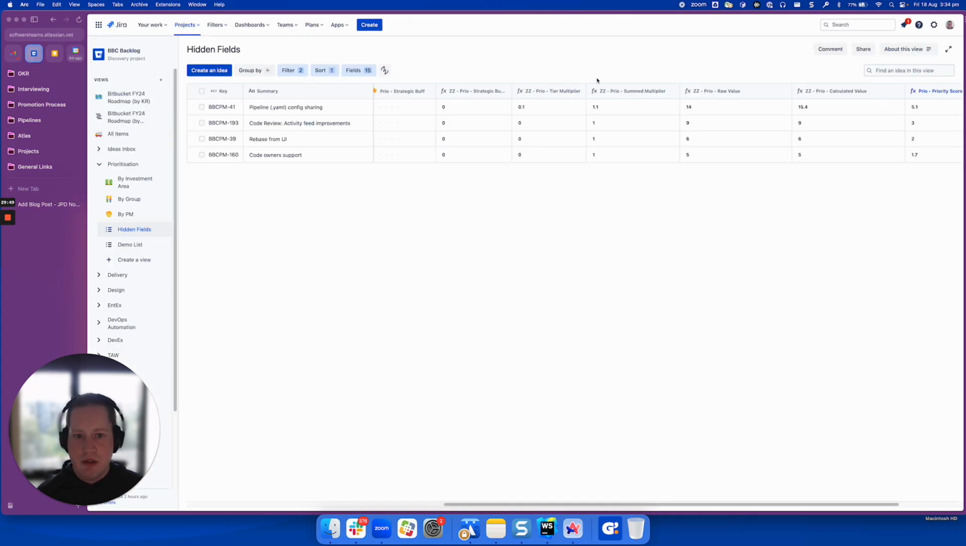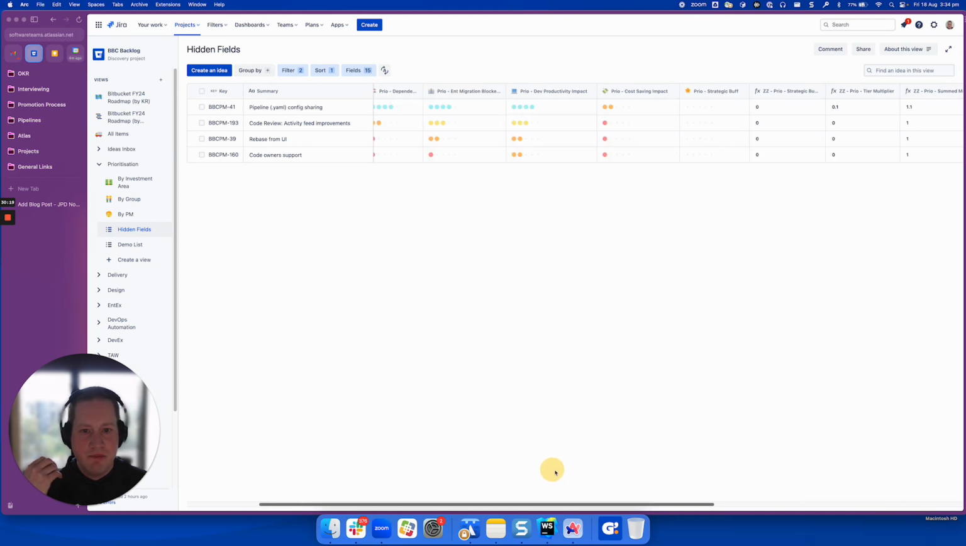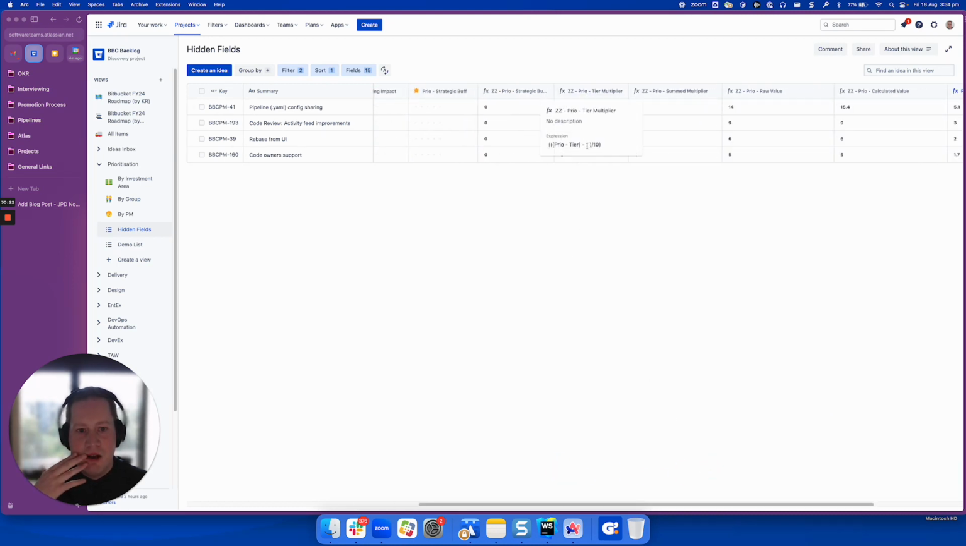So going back to the field, we have the tier multiplier here, and how we get that is a little bit more fiddly. We say it is the tier value minus 1, divided by 10. The reason we have to do it this way is because the value from the tier field is a whole number, an integer. So for example, if we wanted an item which had a value of 2 to be a 10% increase, which is what we want,